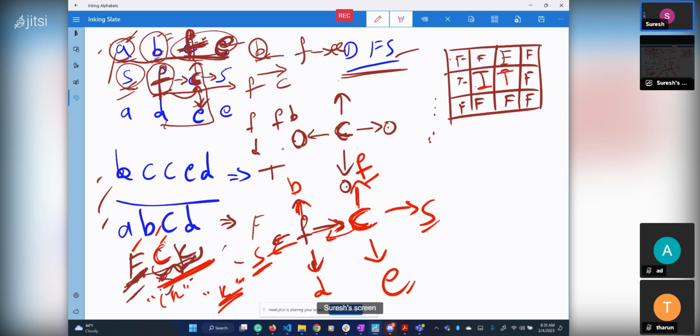Now you revert back. So the choice of taking C, this C is not right. That means you need to revert back to the F again. And before doing that, we need to make sure this is set to false. Now you came back to the position F. We need to see, do we have any other paths that we explored? We already explored S, we explored B, we explored D, we explored C. Unfortunately, we did not get true from that path. So finally